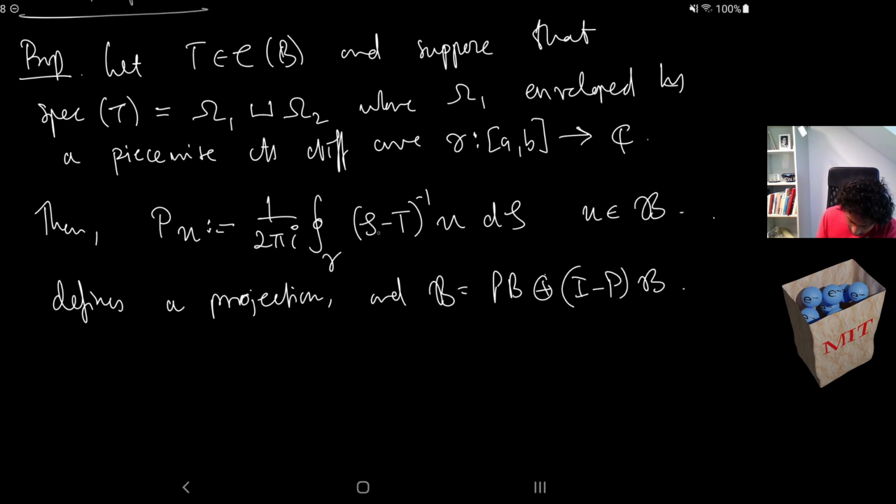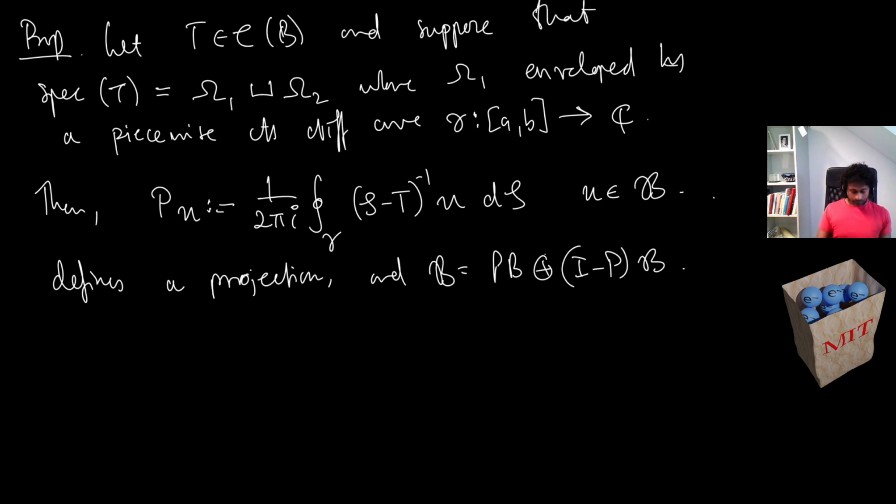The resolvent gets applied to u, which produces an element of the Banach space, and then we're integrating over zeta. Okay, so this defines a projection,